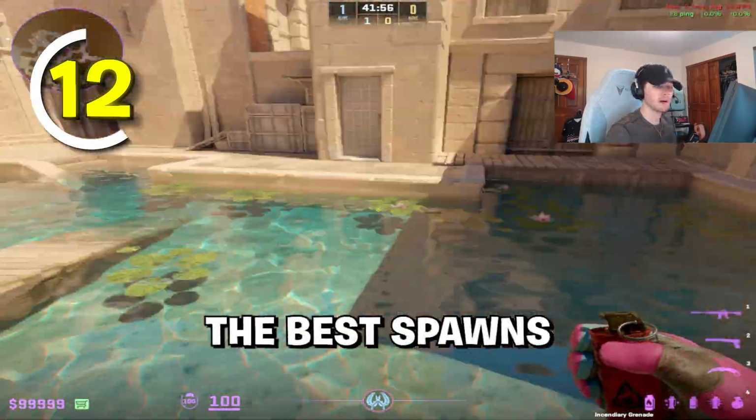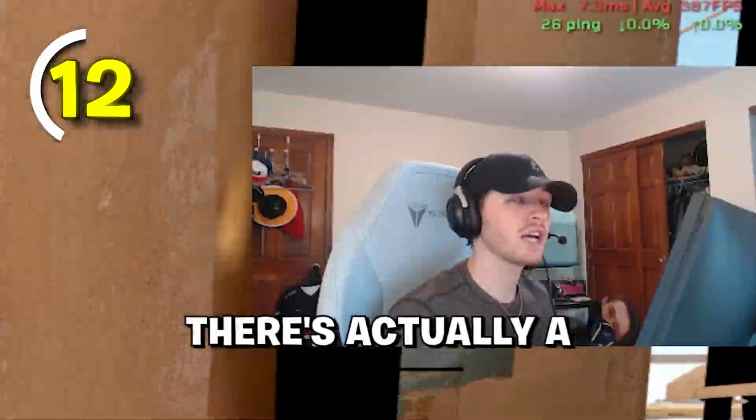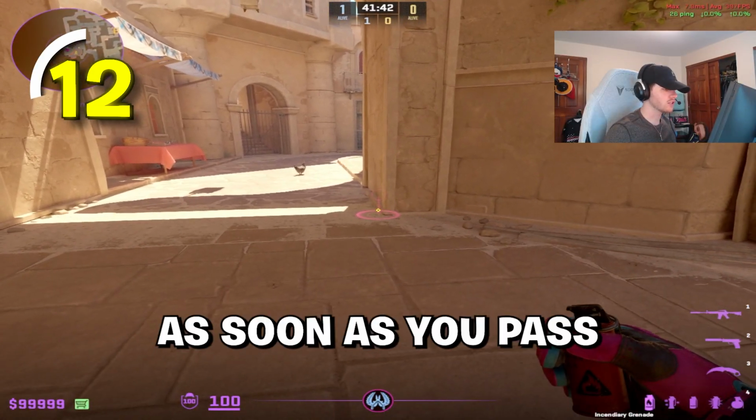A lot of people with the best spawns, if you guys watch a lot of pro Counter-Strike, they love to run to this position with their head down to dodge any flashes and then come and tuck behind this box. There's actually a counter to do that, and what you want to do is just throw a molly where you aim at the top of this roof, and you want to throw this molly as soon as you pass this